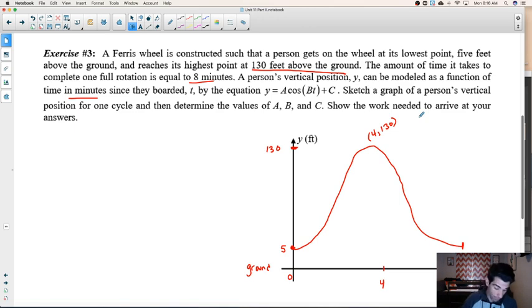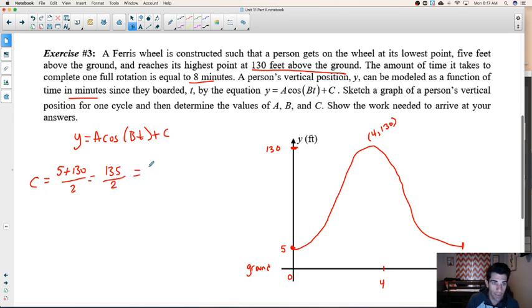So now I think we have all of our information to find our a, b, and c, right? So y equals a cosine bt plus c. Let's first find our c value, because that one's a little bit easier, since we're just taking our maximum and our minimum. So 5 plus 130 divided by 2, 135 divided by 2, is 67.5. Now, for the amplitude, that's also pretty easy because we're just going to take our max and our min height and subtract those two numbers. It doesn't matter the order that you do it because it's going to be an absolute value, so our number is going to be positive in the end to begin with. And that's going to be,